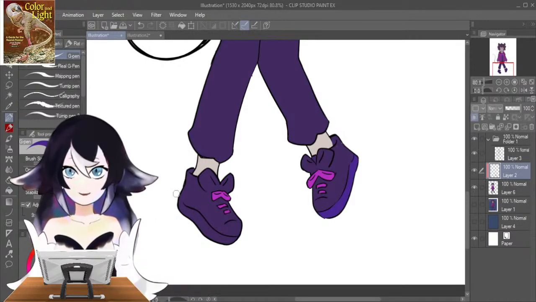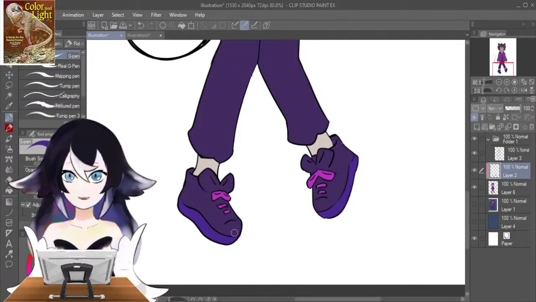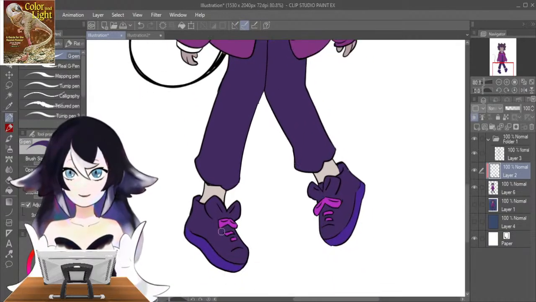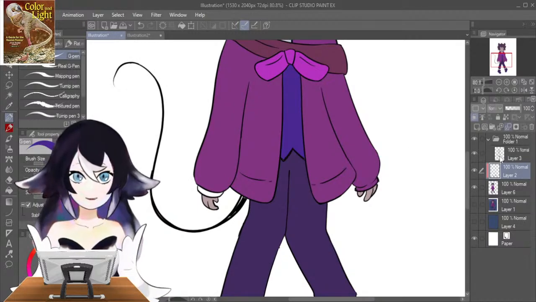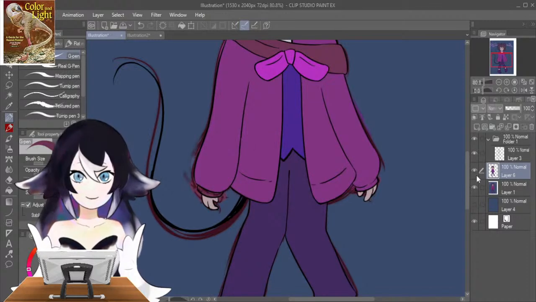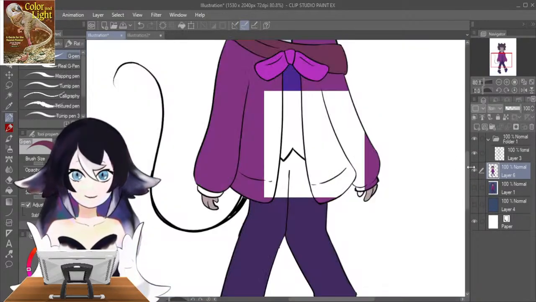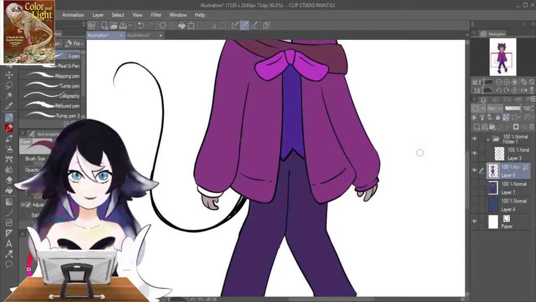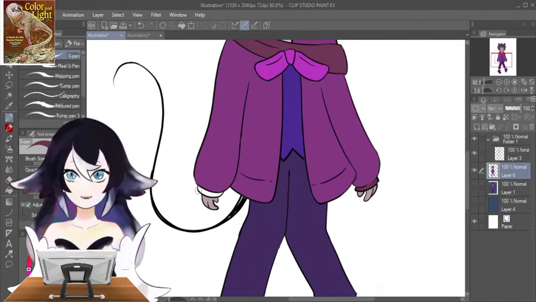Actually, if anyone is wondering why I'm drawing over an already done drawing, it's because I wanted to do a line art and I forgot to save the last time, so it's not saved, it's unfinished. You see how it's very sketchy underneath? Not very sketchy, but by some definition of sketchy.